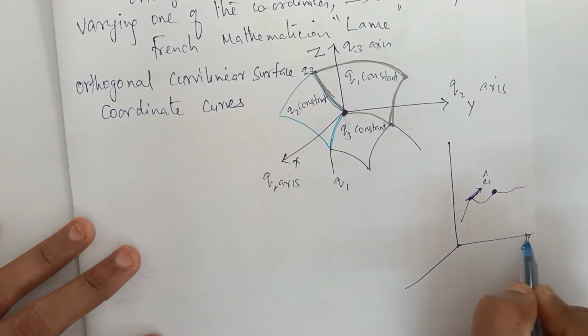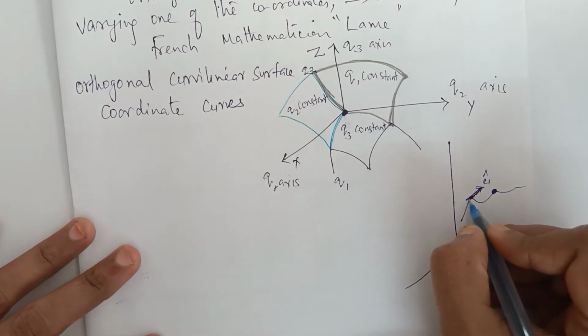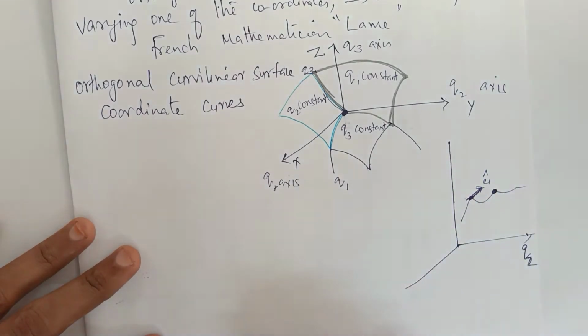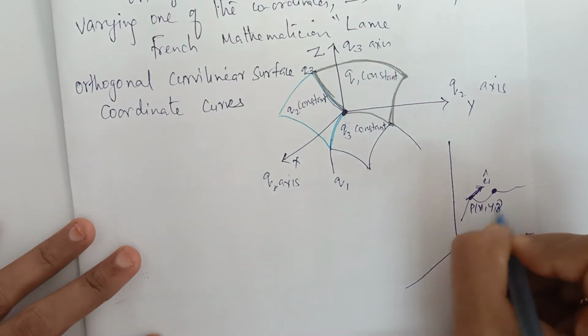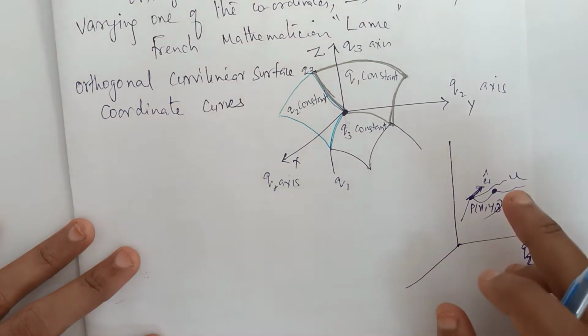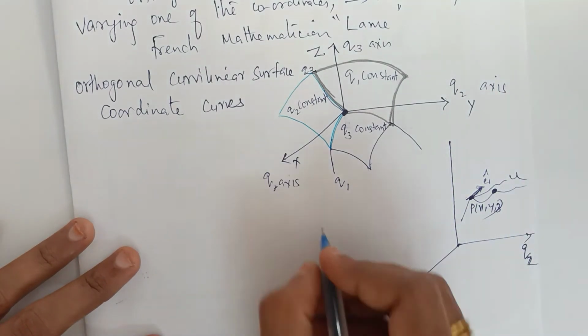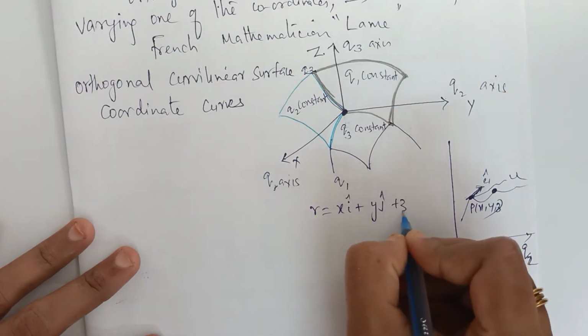And this is a Q1 or Q2 or whatever it is, this goes in the increasing direction of that particular axis, and we are drawing the tangent of that particular curve to get the direction. So tangent vectors to that particular thing. So this point, we can call it P of X, Y, Z, and let this curve be U. Then we draw a tangent E1, and we know R is equal to Xi plus Yj plus Zk.